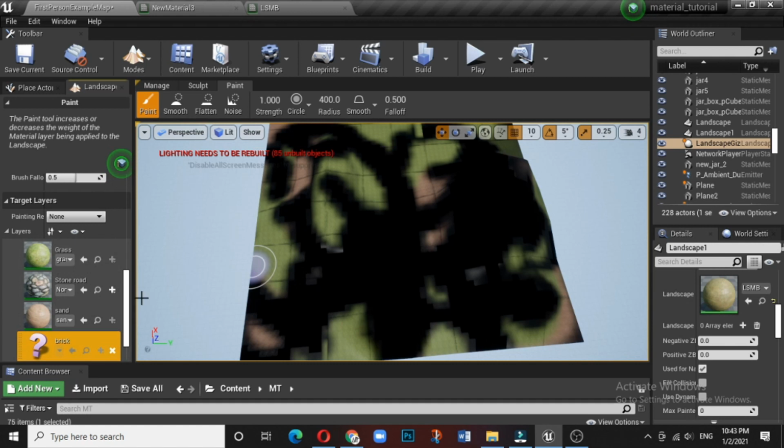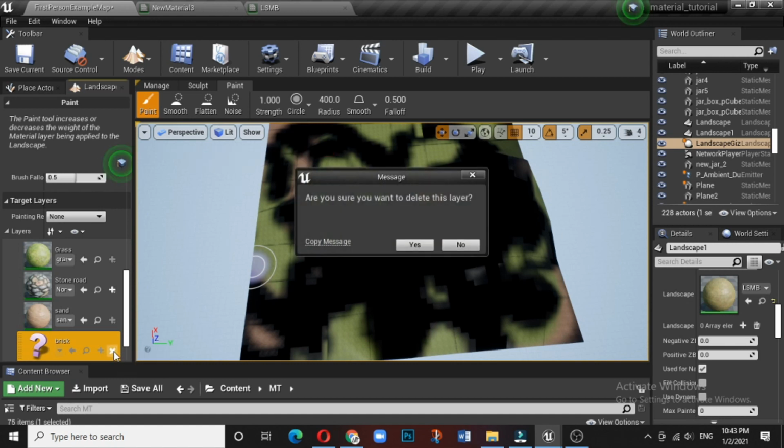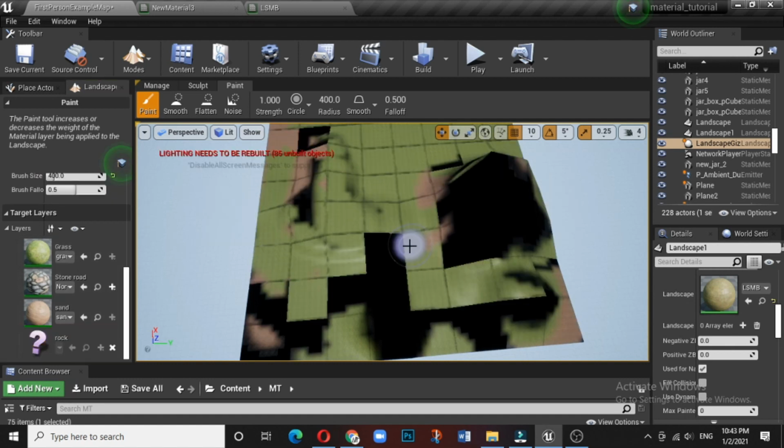Earlier we made a brick, sand or stone. Right now we just created one, we have not created the brick, so we will delete it. So it is not required. Whenever you want to create something, you can either keep the old layer or you can delete the old layers. So nothing wrong in it, you can delete it.